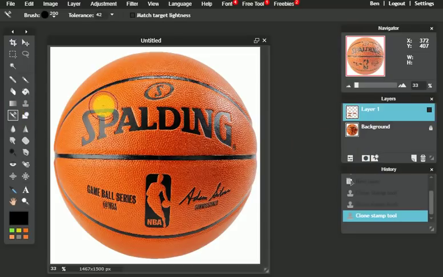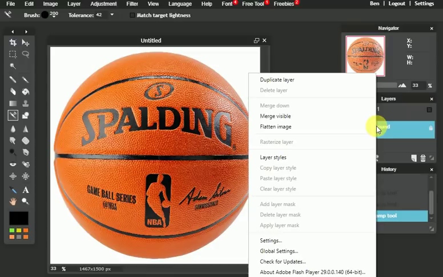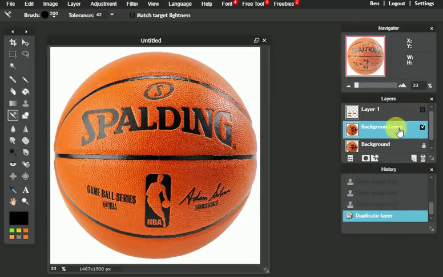This is called the Color Replace tool. I'm actually going to duplicate the background here by right-clicking, click Duplicate Layer. So I'll work on the copy, not the actual background itself. And I'm going to select green as my colors. I want to turn my basketball green. You notice the tolerance here is set low. That is so that I don't lose any of the black. And you'll see when I start to color,